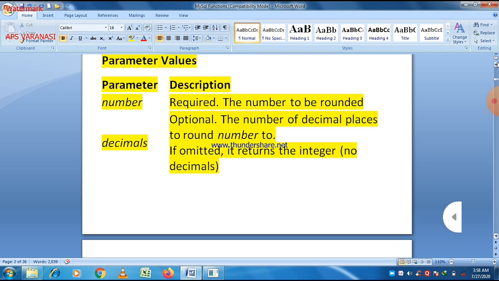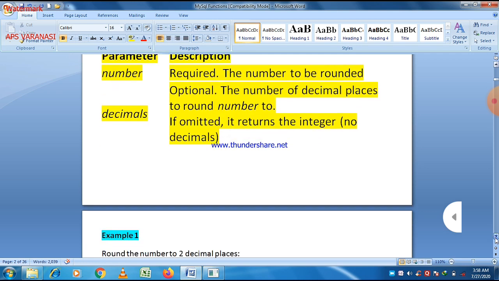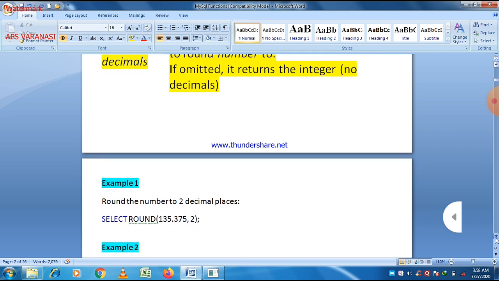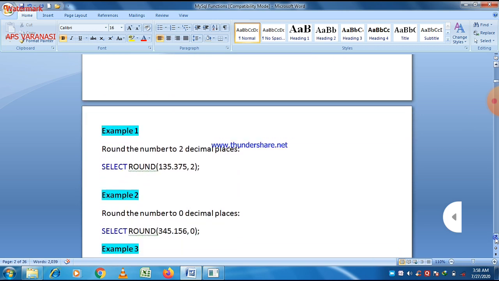So suppose if we just write 123.59 comma 0 within the round function, then 123.59 we believe will give you 124 after round off.